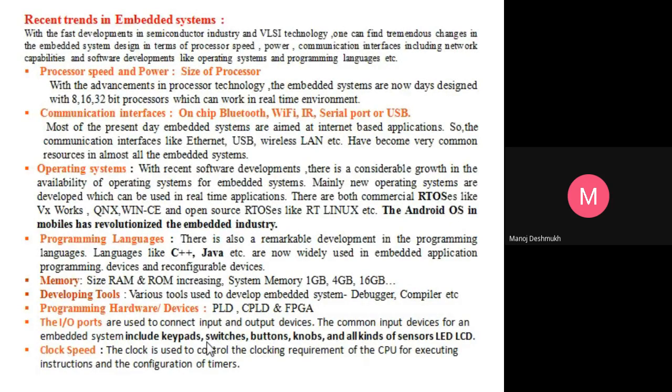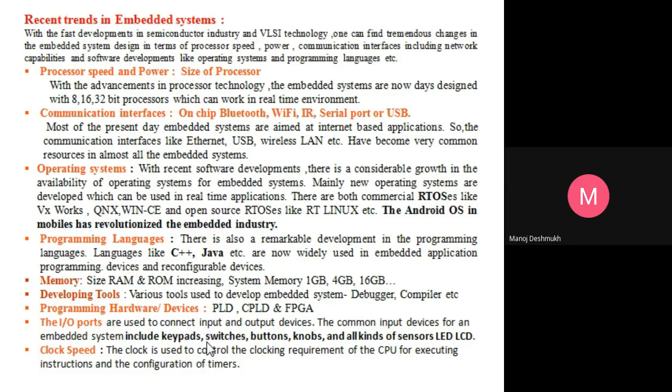They are not directly called IO devices, but sometimes they are included in the controller itself. That's why we are not considering them as IO devices. But if we consider a controller like 8051, which does not carry an inbuilt ADC or DAC, we have to interface externally, ADC at the input side and DAC at the output side.